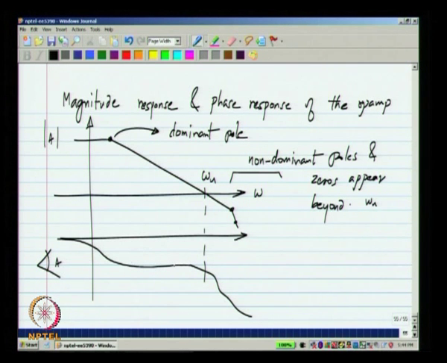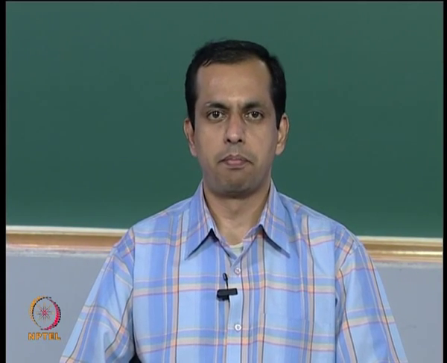Something like this. The angle of A also will be given, and from this you can figure out the phase margin. This will be the phase margin if the op amp is placed in unity gain. Otherwise, you have to go to the appropriate gain curve. Omega u by k will be the unity loop gain frequency, and you have to look at the phase at that point and ascertain the phase margin of such an amplifier. So, that will be in the op amp data sheet.